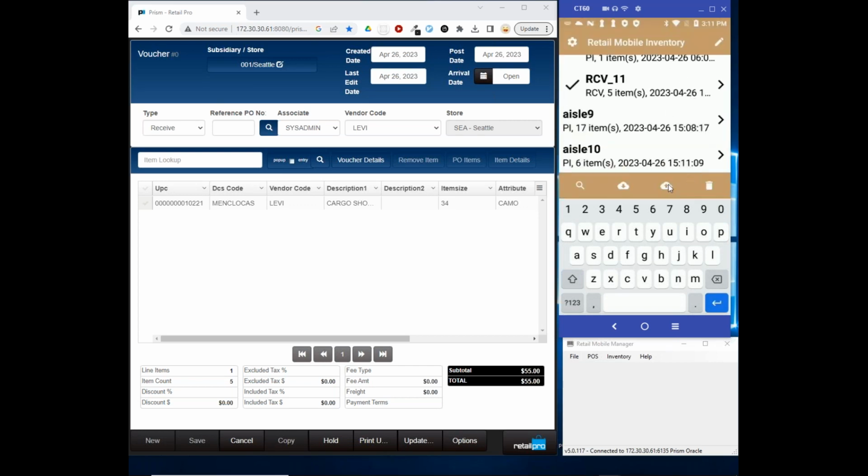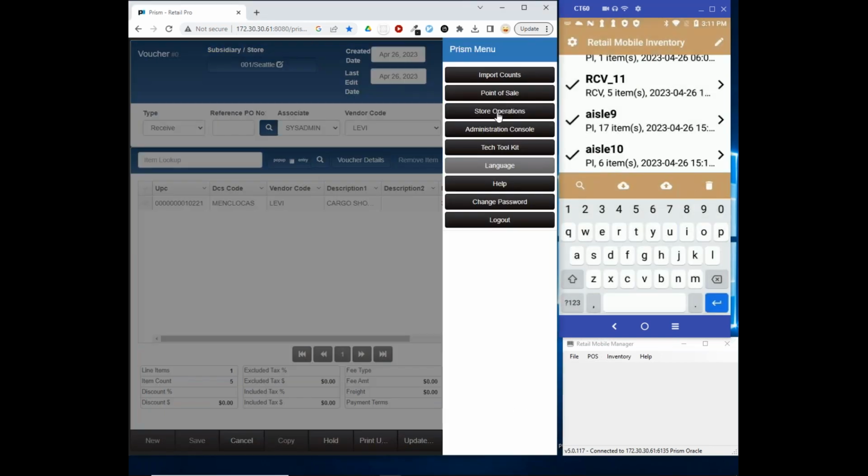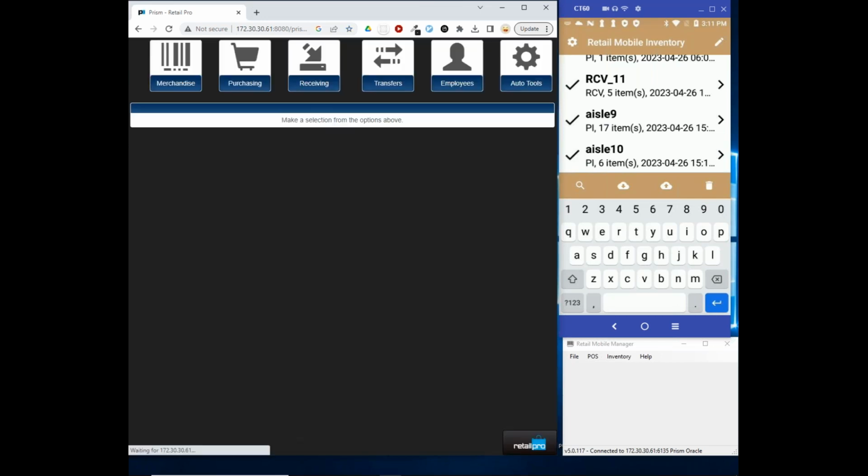Right? And so when I import these, they'll be imported with those names, which I can then use. So let's go ahead and do a PI. I'm going to abandon that